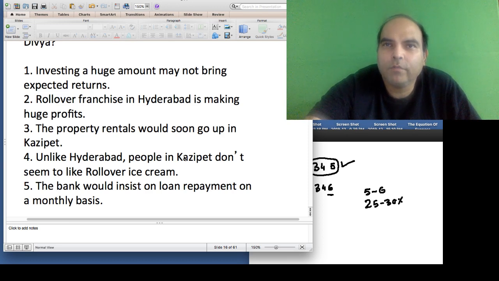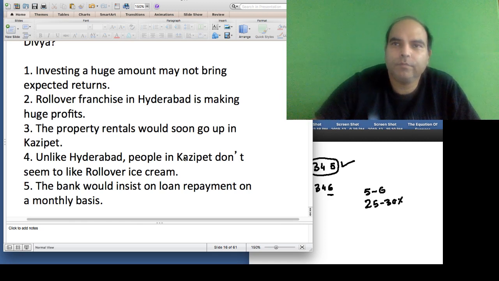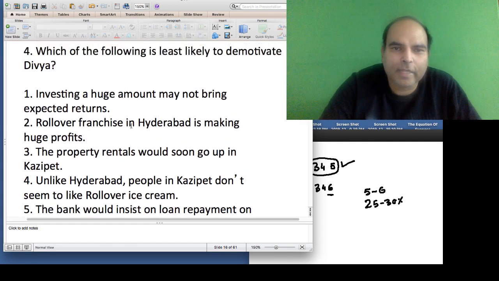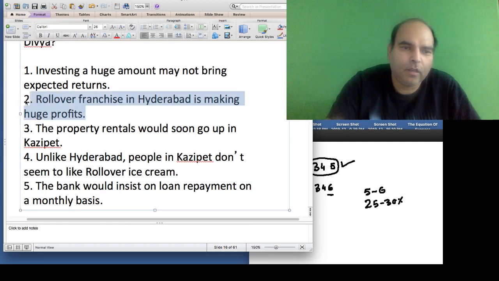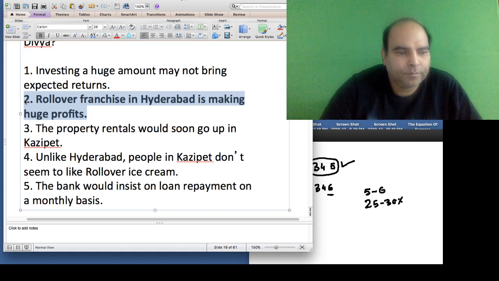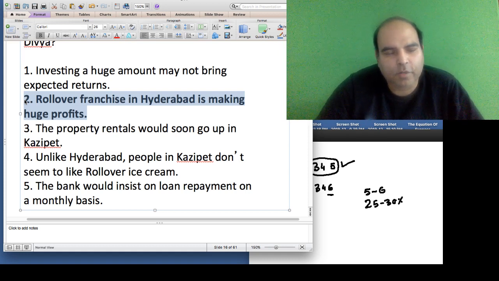This last question we'll do. Which of the following is least likely to demotivate Divya? That means most likely to motivate. Very clearly, option two, a positive direct angle to that. If the Rollover franchise in Hyderabad is making huge profits, it's good for her. It will motivate her, that we can also do it. Warangal is close to Hyderabad. Similar states, similar markets,